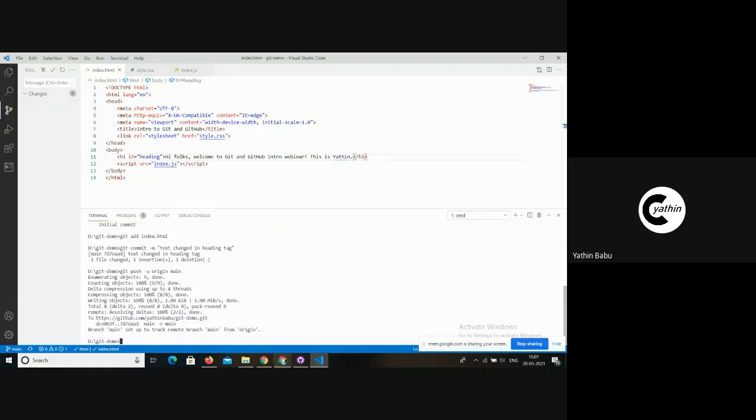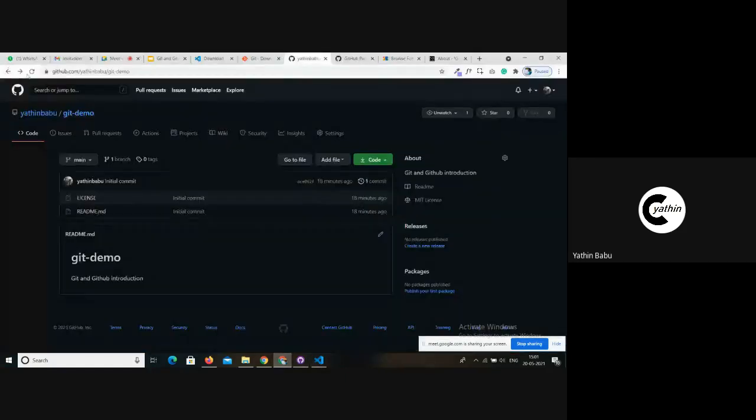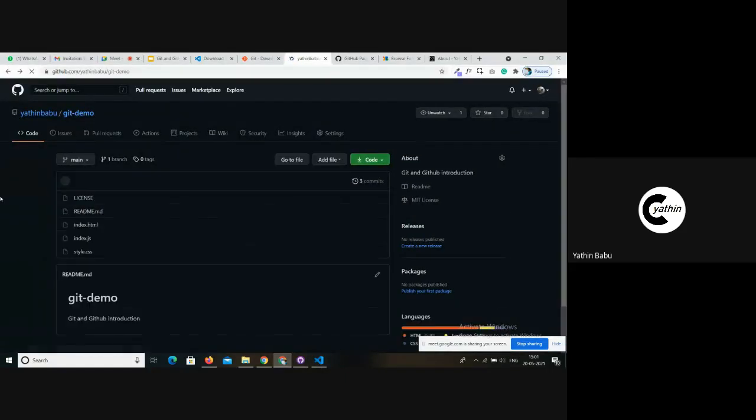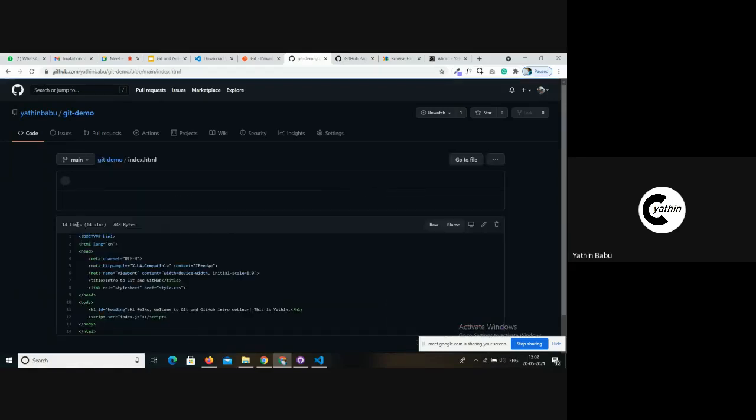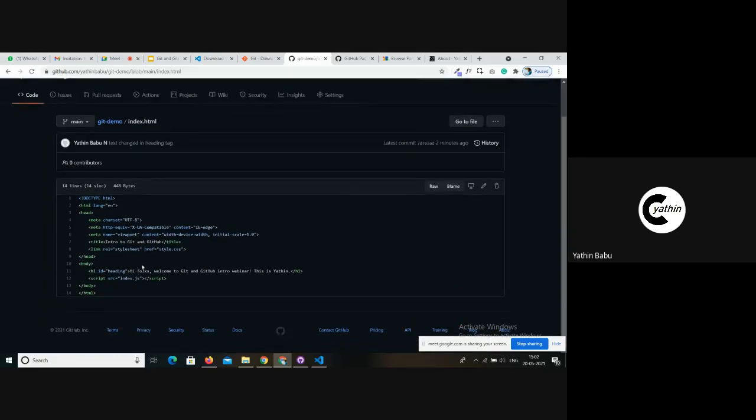So it's been done. Let's check whether the source files that we created in our local repository are present in the remote repository also. As you can see here, we just pushed the code from our local repository to our remote repository, and you can access the source code, the same things that were within our local repository.